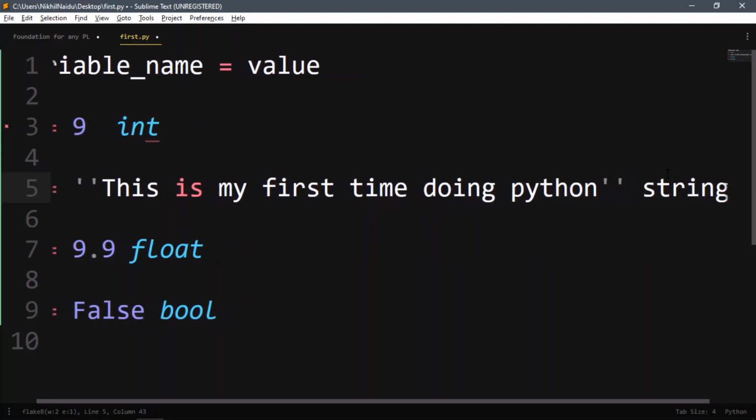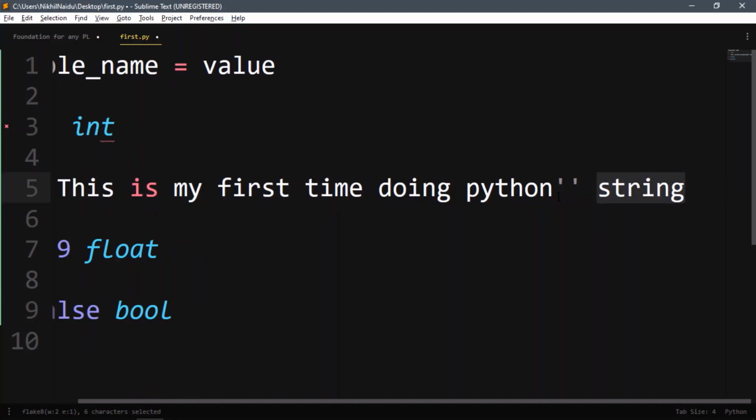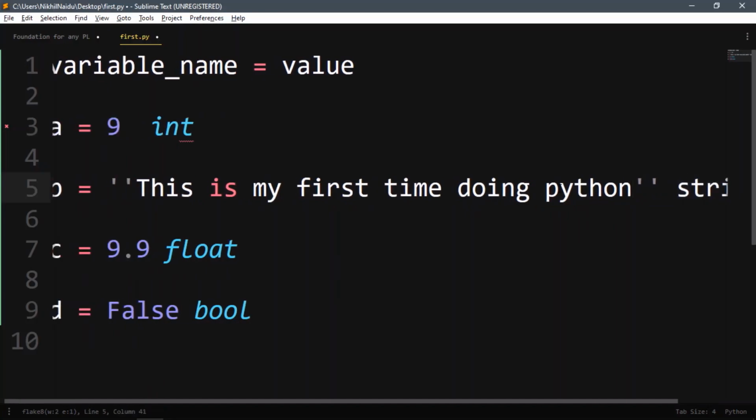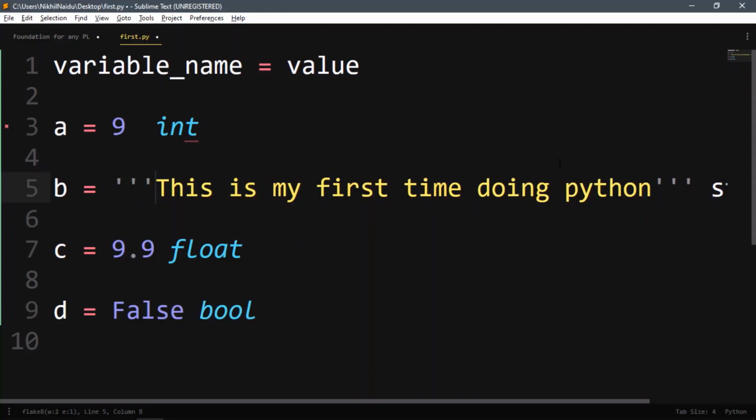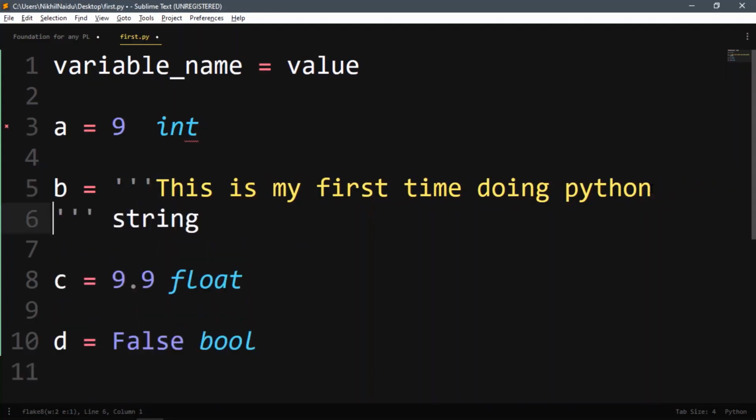And when you have more than a single line of string, what you do is use triple quotes. Okay, you use triple quotes, and you could go and write on the second line. This is the second.